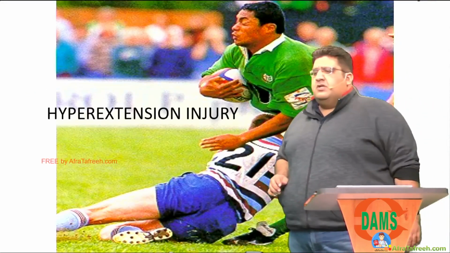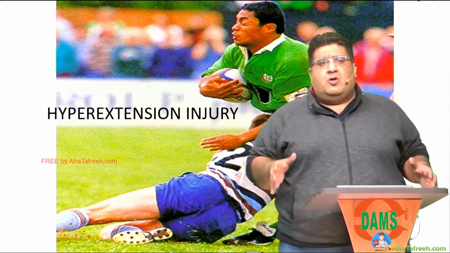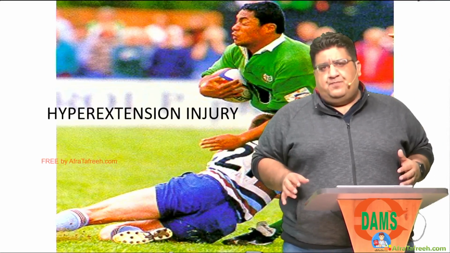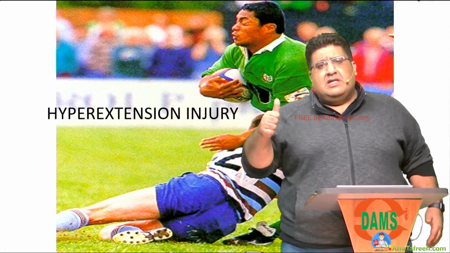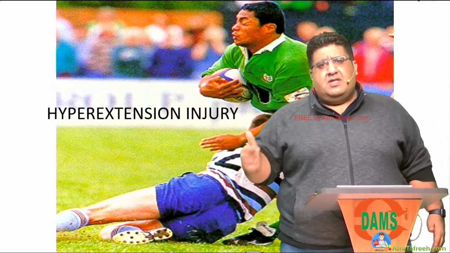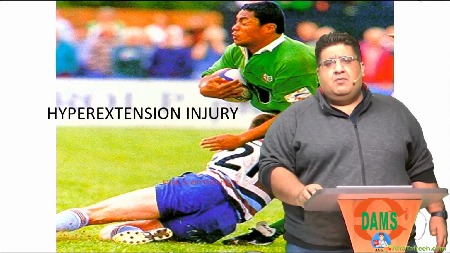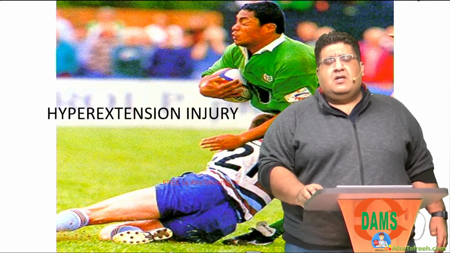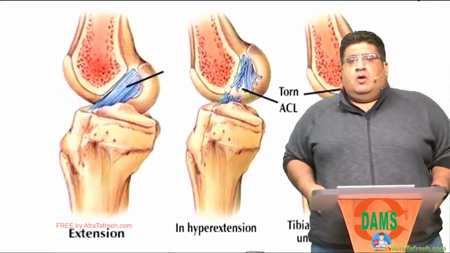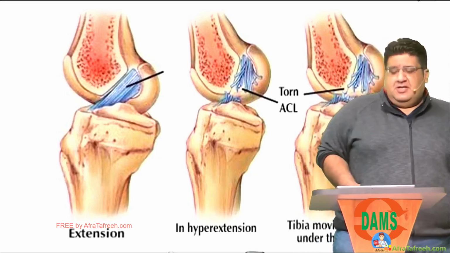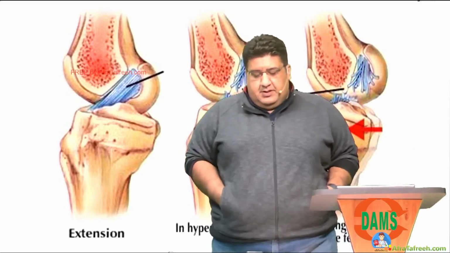So friends, 6 similarities and 6 differences. I hope these 12 points about cruciates are clear to all of you. Because if they are clear to you, now we can start discussion of the clinical presentation, then the testing, and then the treatment of cruciate. So now I will be presenting in front of you a typical clinical presentation of cruciate injury. Alright, so next patient please, for cruciate ligament injuries.